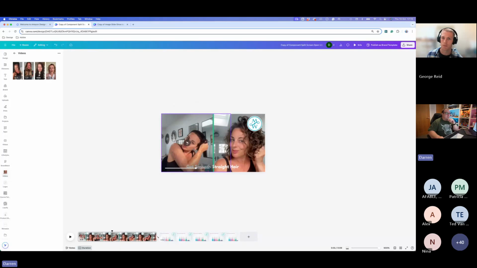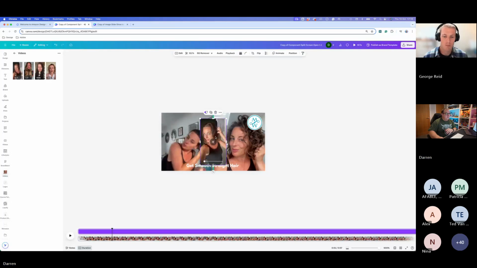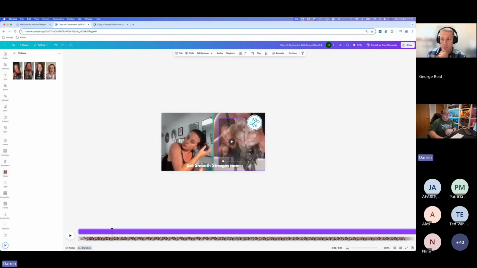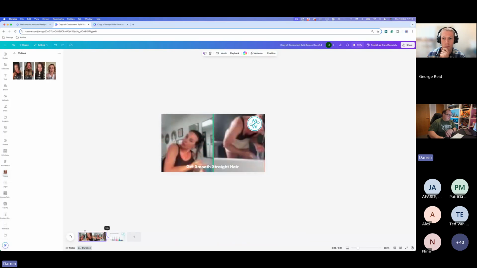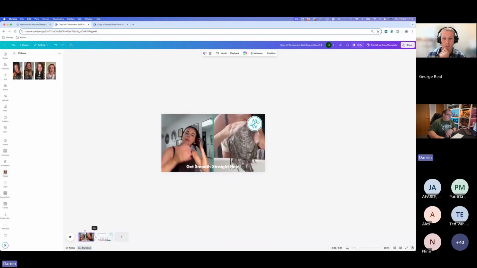We want to also change the other side. So we're adding video in there, so it's getting that attention. We grab the first video. We're going to pause, and again, I'm going to click on audio and mute the audio on that. Okay, you're going to click and drag that into there. And again, down here, if we zoom out again, we can then change this down to 4.5 seconds. So I'm just dragging that down to 4.5 seconds.